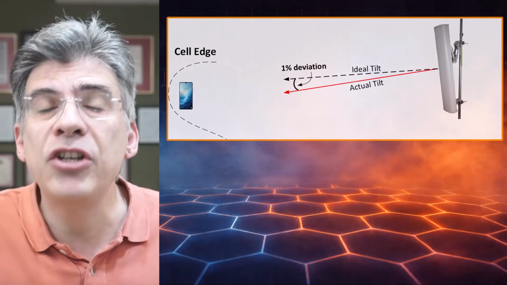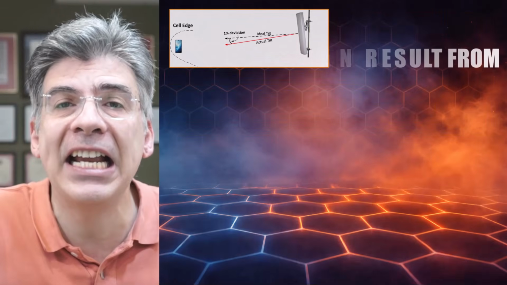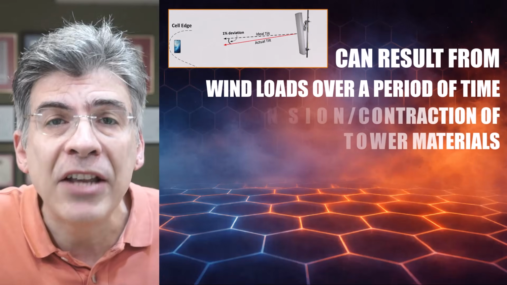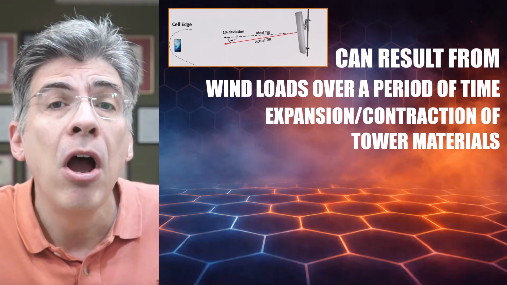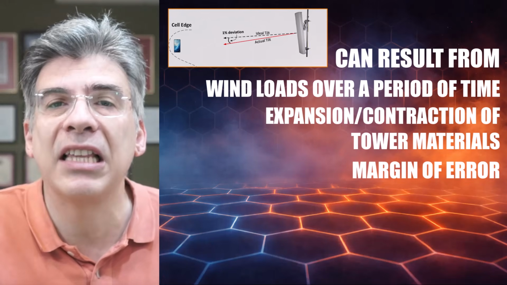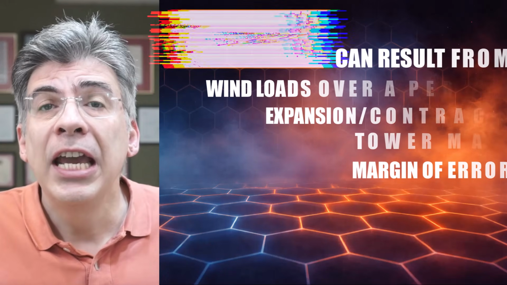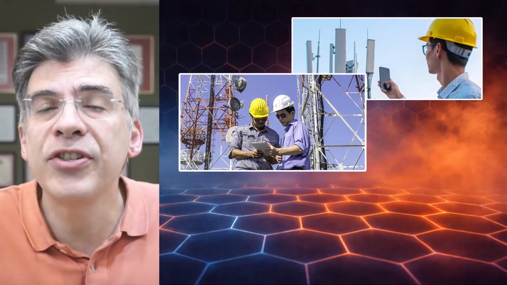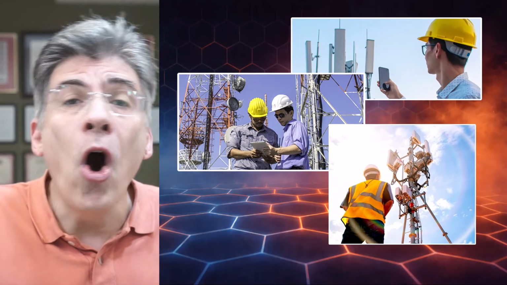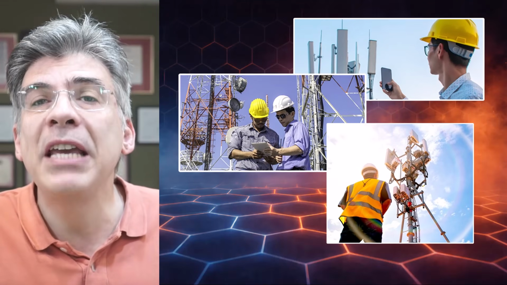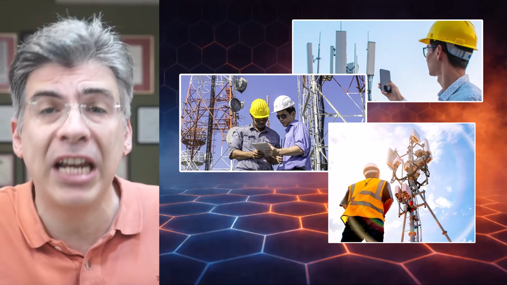This degree of deviation over time is expected in an antenna installation because it can simply be a result of extended wind loads or due to the expansion or contraction of the materials of the tower on which the antenna is mounted, or it may simply be a part of the margin of error during installation. To deal with such issues, it will first take a site survey to detect it initially, a repair crew to be sent out to fix it, and then another site survey to check the results. All of that takes time and money, and until it's done, the cell will be experiencing its 25% degradation, affecting